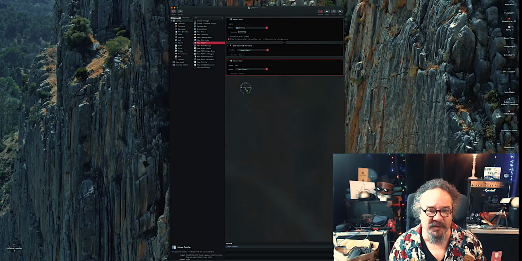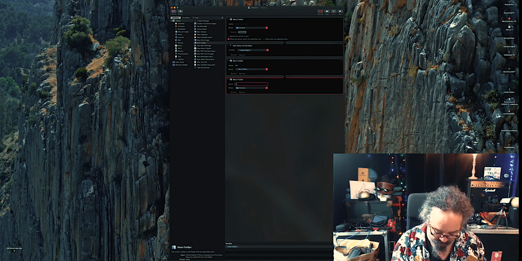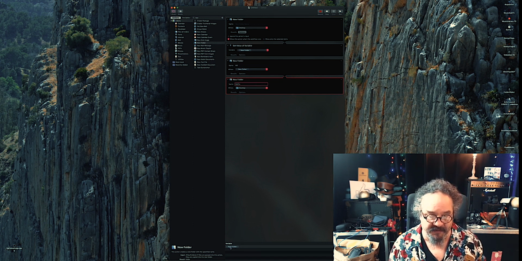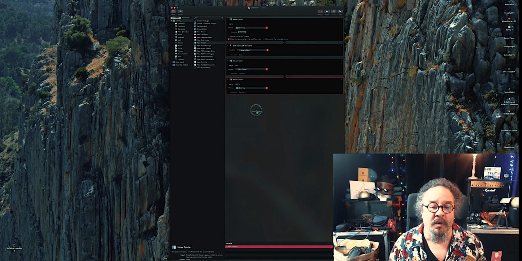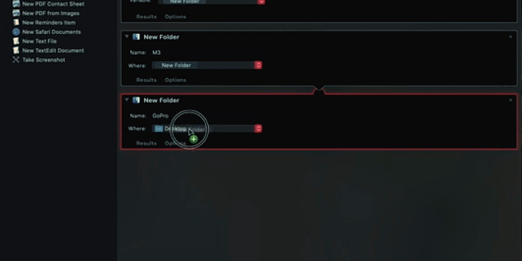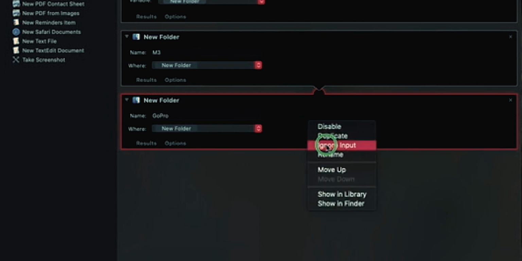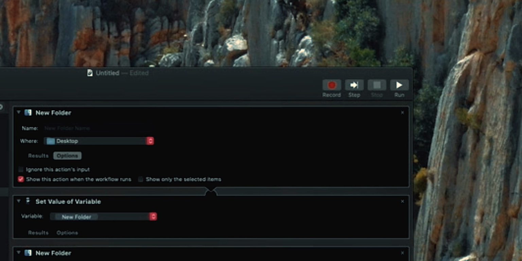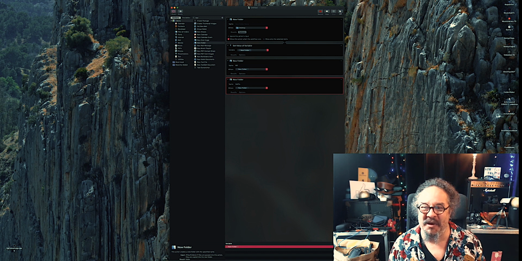So you take a new folder, bring it in once again, and I'll call this one GoPro. You bring up the variable from down below and set it there, and that's your new folder variable. Right click and then again you ignore input. Now, so to test this out, you just run the script. You come up here top right and you go Run